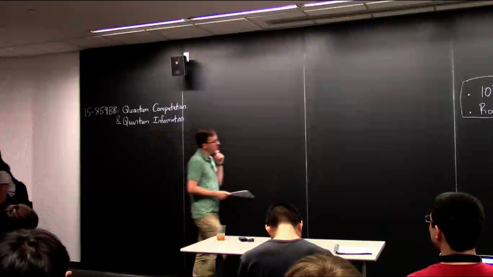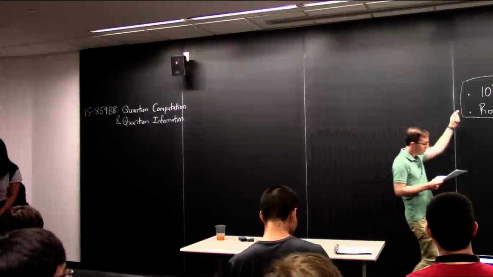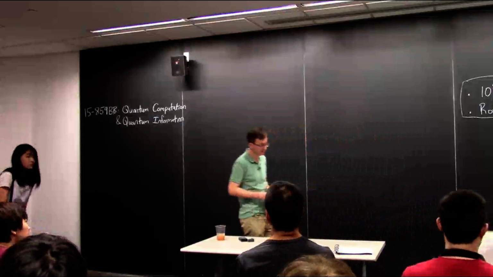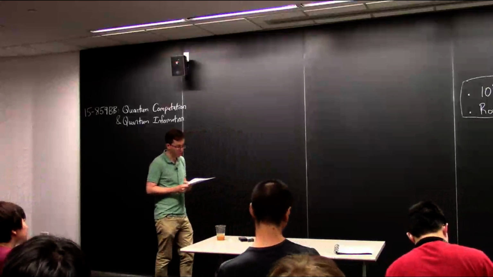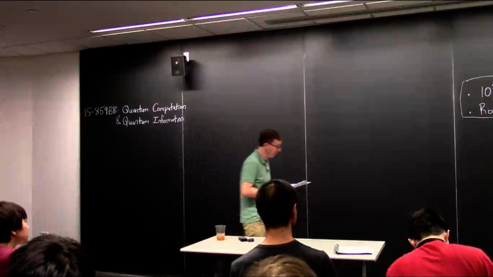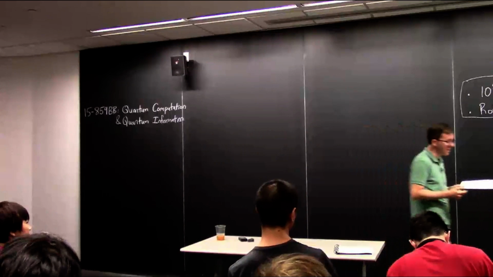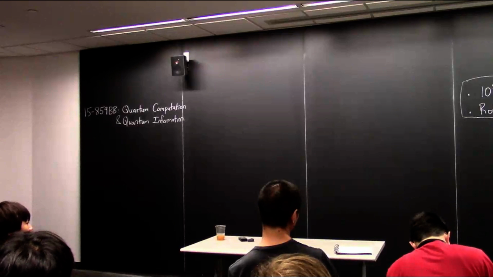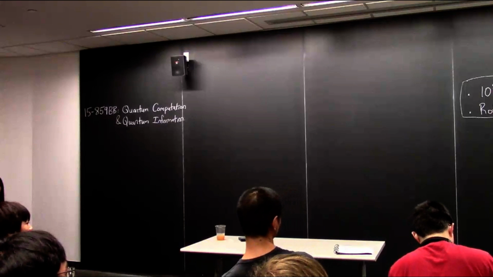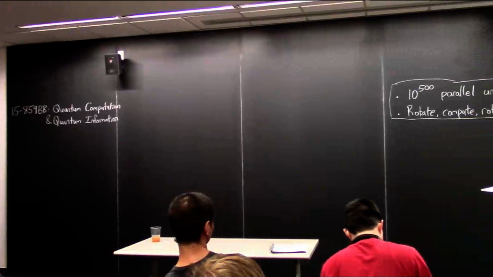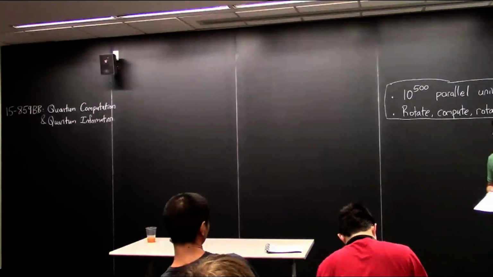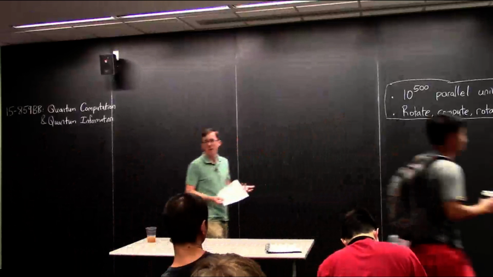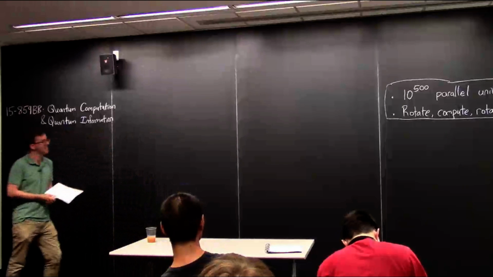To explain a little bit this first one, I have here a quote from David Deutsch, who's one of the two co-founders of quantum computing, together with Richard Feynman. It's from his book called The Fabric of Reality. And he says, quantum computing is nothing less than a distinctively new way of harnessing nature, which I think is true. And he goes on to say, it'll be the first technology that allows useful tasks to be performed in collaboration between parallel universes, which sounds pretty grandiose. I don't know how I feel about that comment exactly, but it's pretty cool, right? It sounds like something worth learning about at least.